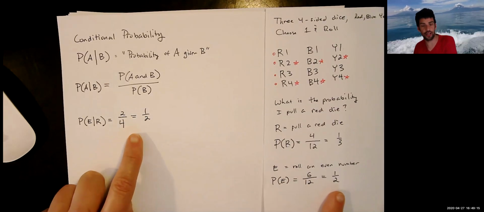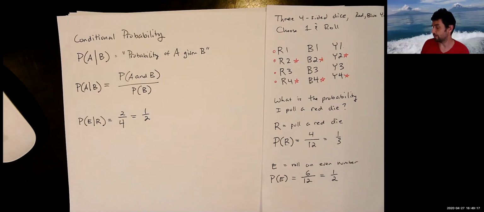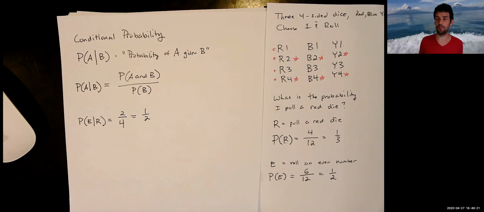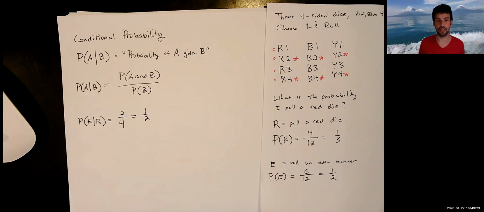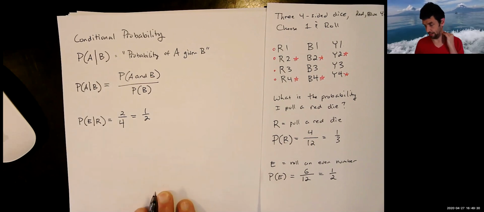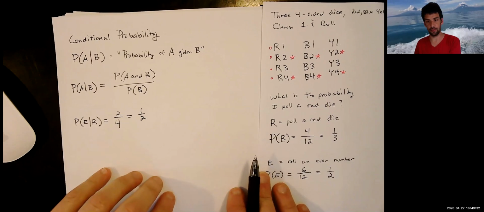So this is a case where it actually didn't make much difference. This is pretty clear to think about, I think, since all of these dice are the same, the probability of rolling an even number is the same on each one, right? They all have 2 out of 4. Okay? Let's change this experiment a little bit and see what happens,